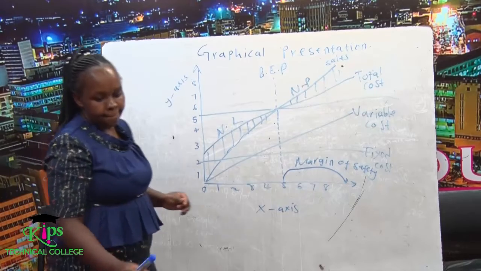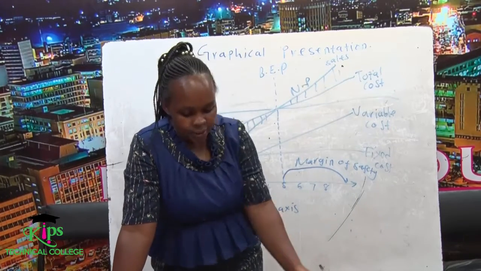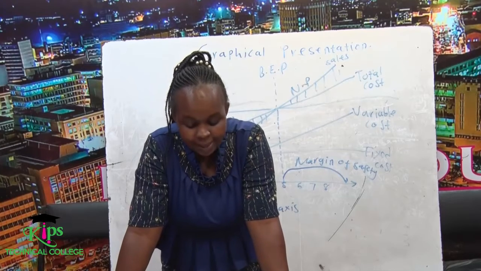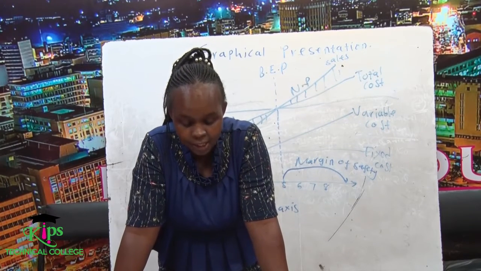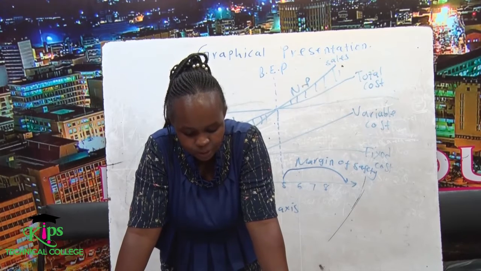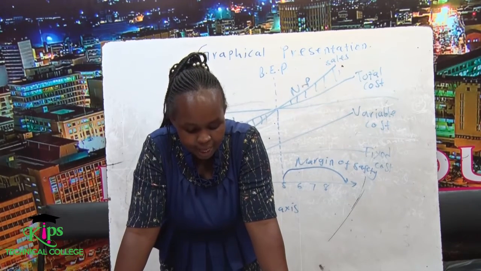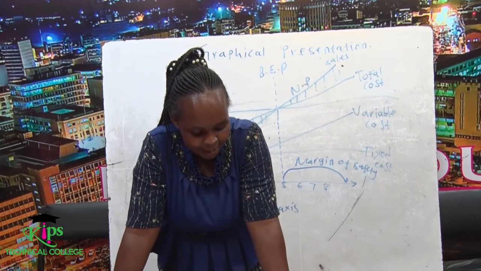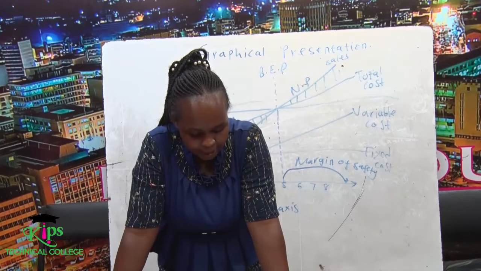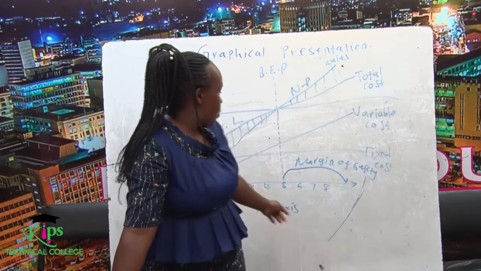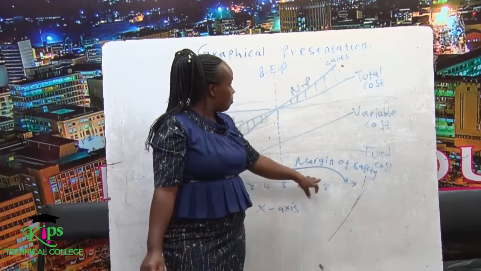From the above chart that we have drawn, we can understand the following. Cost and sales revenue are represented on the vertical axis, that is the y-axis. Volume of production or output in units is plotted on the horizontal axis. The fixed cost line is drawn parallel to the x-axis. Now we define the margin of safety because I've shown it in the graphical presentation.